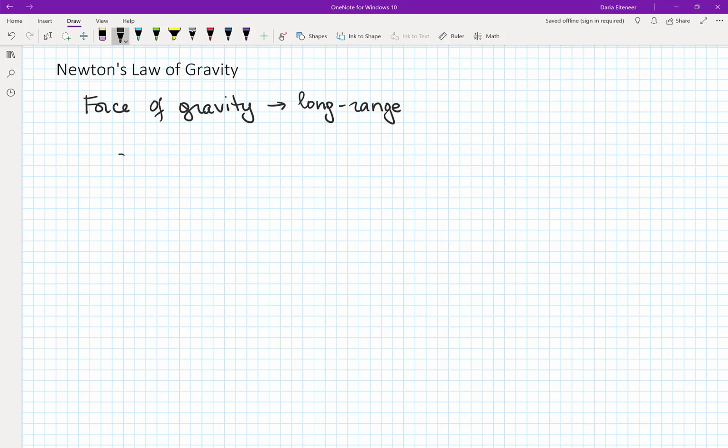So let's draw this picture. We'll have two masses whose centers are separated by distance r. So the two masses are not in direct physical contact. Their centers are separated by distance r. So Newton's law of gravity, which is also called universal gravitational law,